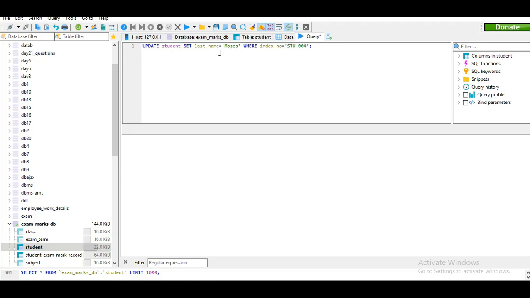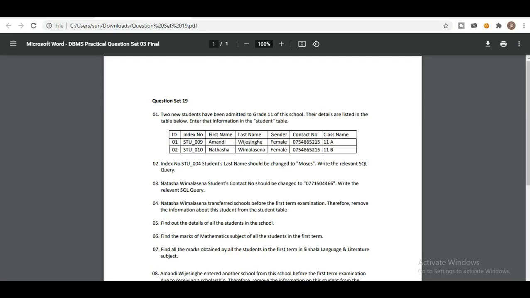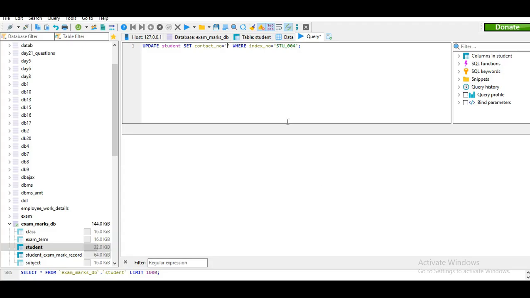First of all I need to reset this to contact number, and now I need to give the number that I'm going to reset it to. I'll just copy that and paste it over here, and now I need to mention whose contact number I'm going to update. So I need to change this data over here as well,